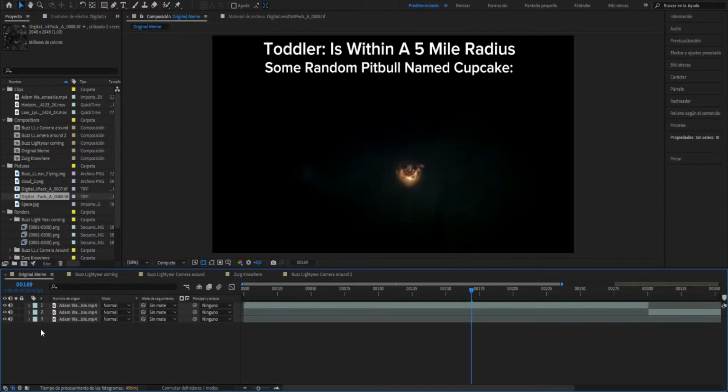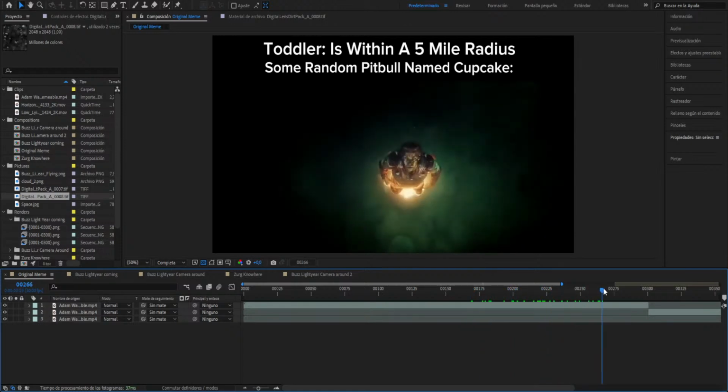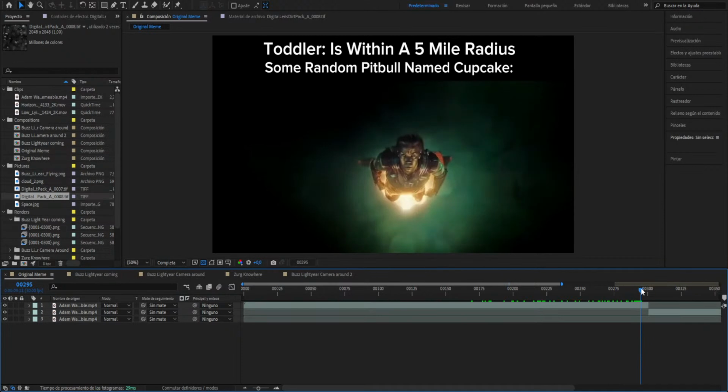meme, let me mute. In the original meme, when Adam Warlock is closer to the camera, there is lens dirt on the camera. Other thing,